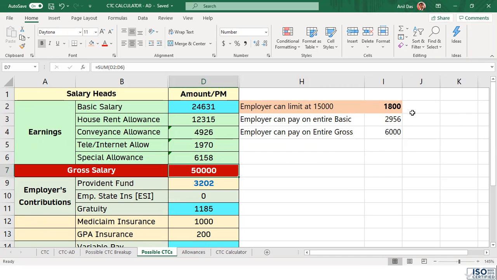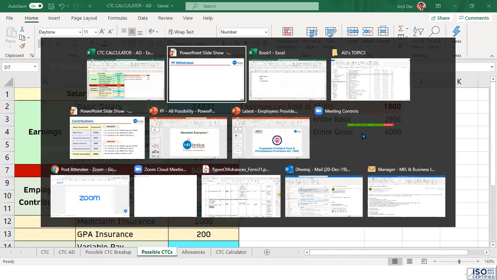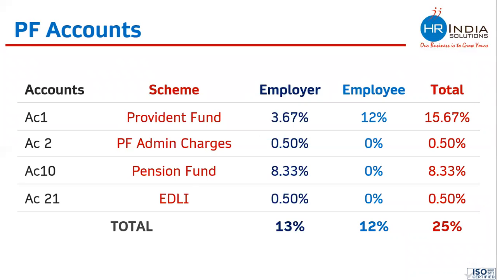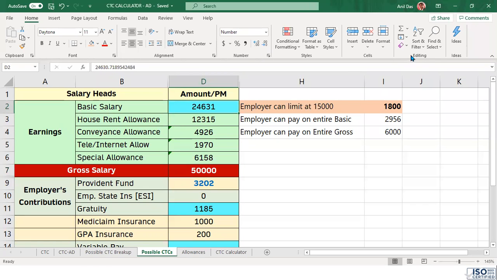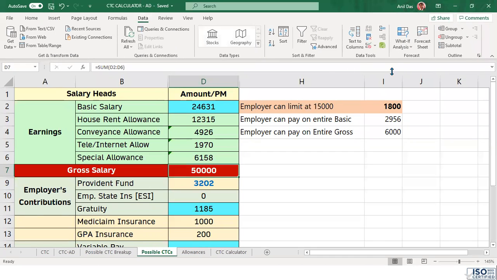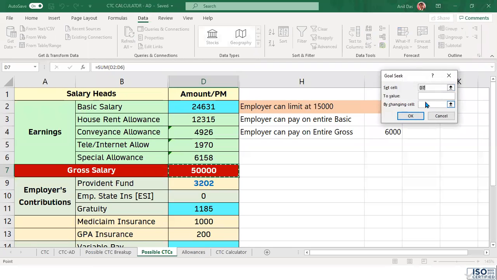This is one we have discussed, PF contributions only, but there are other contributions also which go into pension fund and EDLI. Can we please do an example of 10,000 salary? Gross salary. Okay. Look, I will again do the same thing. I will go into Data, What-If Analysis, Goal Seek. We are looking for value in this cell, and this is what we are looking for: 10,000. And I am allotting this cell to Excel to calculate.